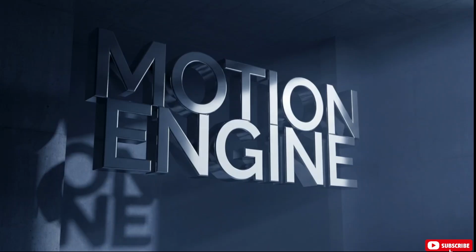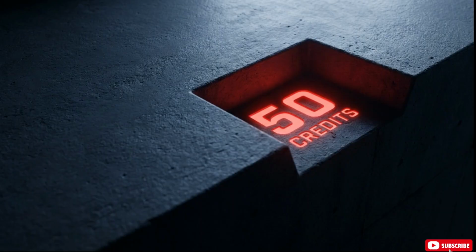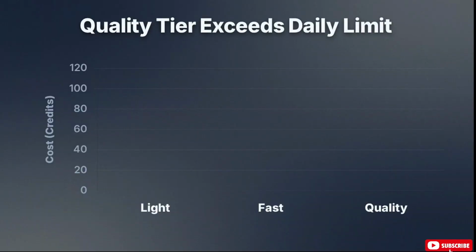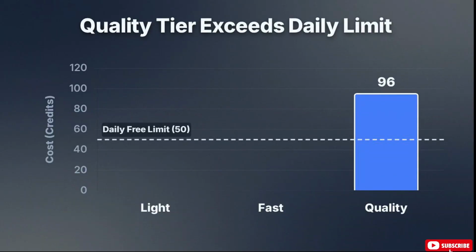This is handled by the Veo 3.1 video model. Unlike the unlimited image generation, free accounts have a strict limit of 50 video credits per day. This chart shows the credit cost for video tiers. Leaving settings on quality for a draft exhausts your daily limit. Instead, use light to test camera moves, fast for standard workflow, and save the 100 credit quality tier for your